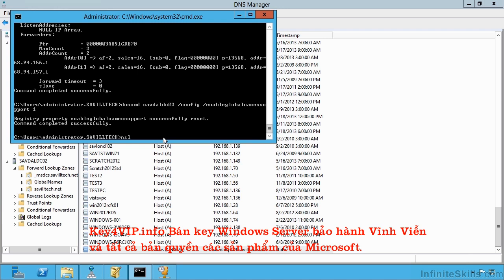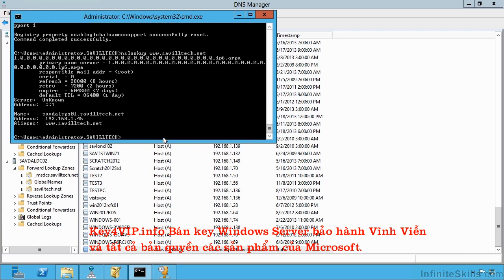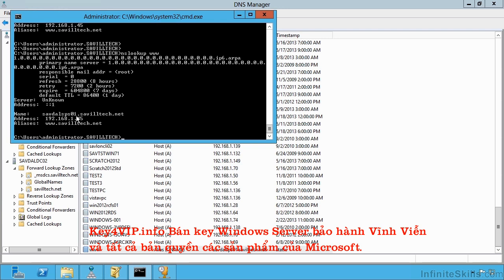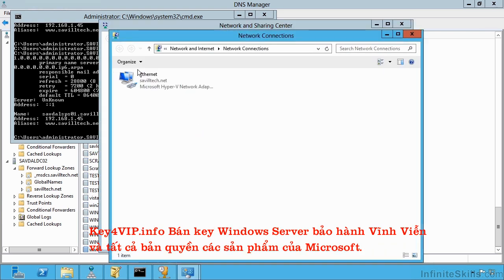If I do an NS lookup, www.saviltech.net, I can see actually it's pointing to this server. Now what I can actually do, I can just do NS lookup www. And by default, my client considers I'm lazy and adds my primary DNS suffix to it when it does that lookup. If I look at my adapter settings,